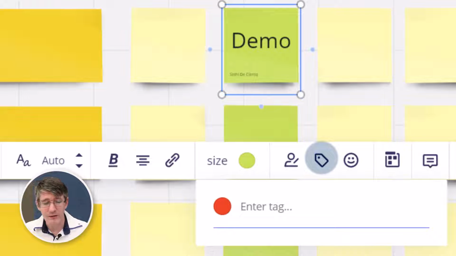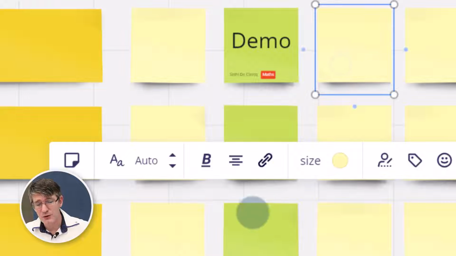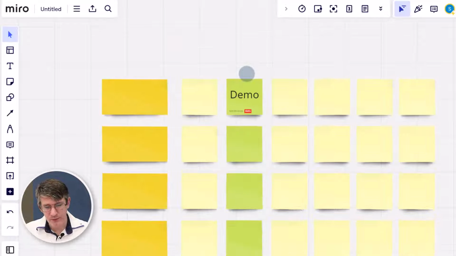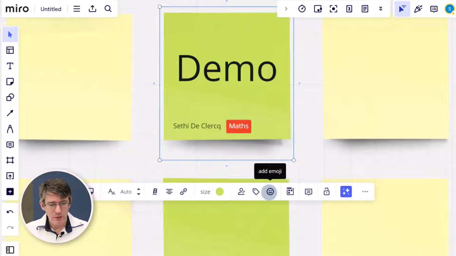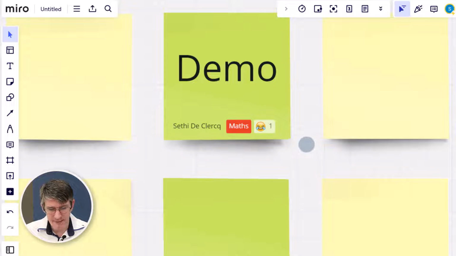We can also add various tags to this. So for example, this is a maths tag. Well, we can create that tag and then add it to our various post-it notes or other notes on our board. As well as adding tags onto our board, let's have a look at, for example, this one here. We have our maths. Well, we can also add in some emojis. So let's say that I'm going to add this laughing emoji. And now we can start leaving reactions onto each other's post-its as we are brainstorming or as we are working